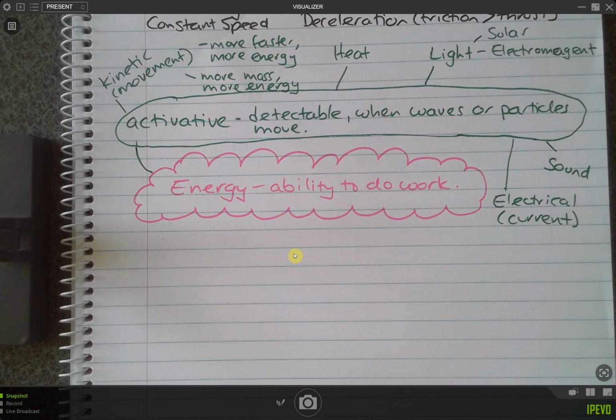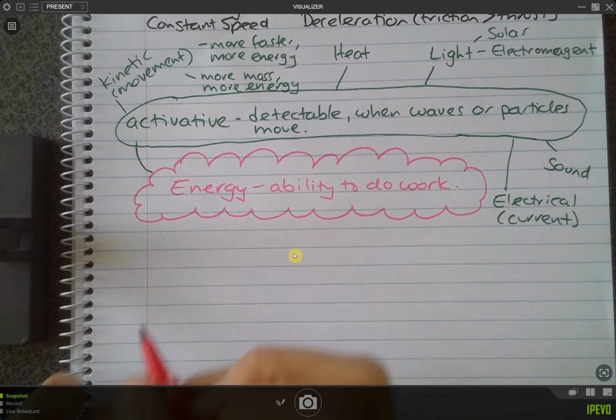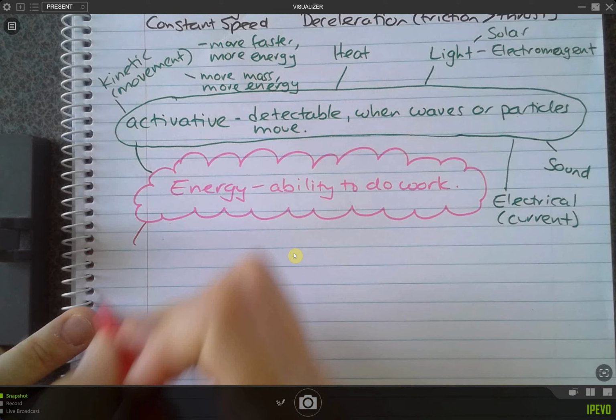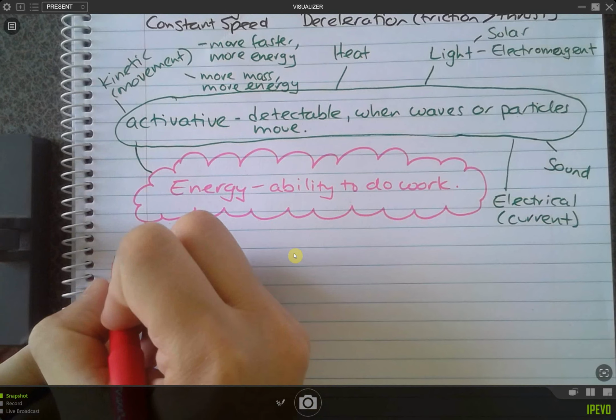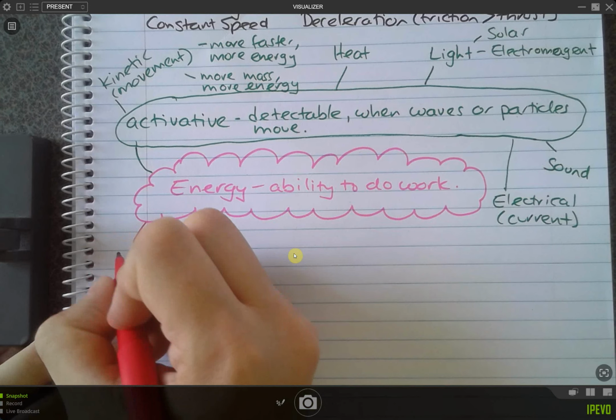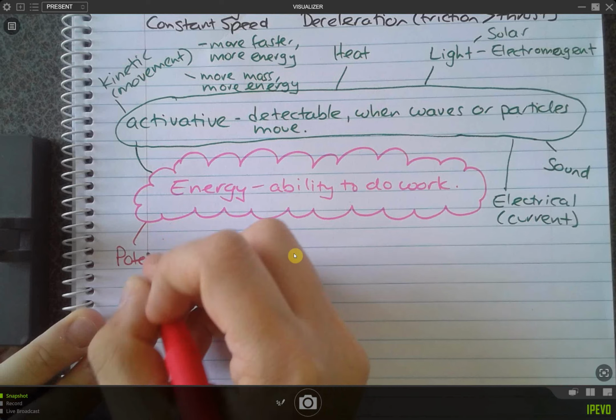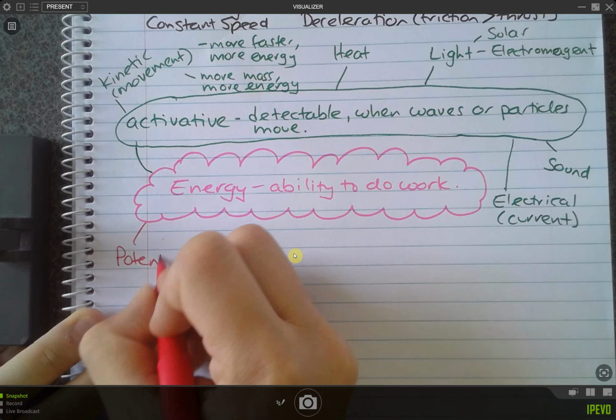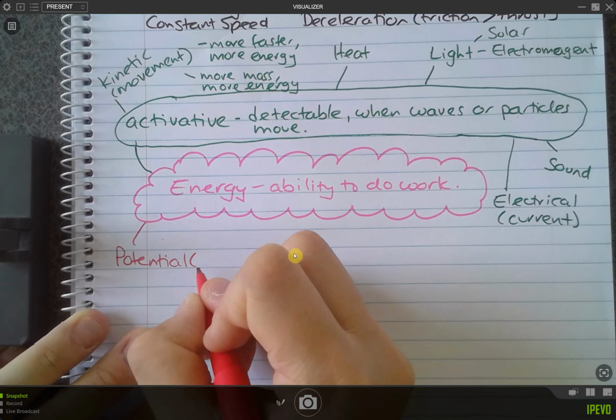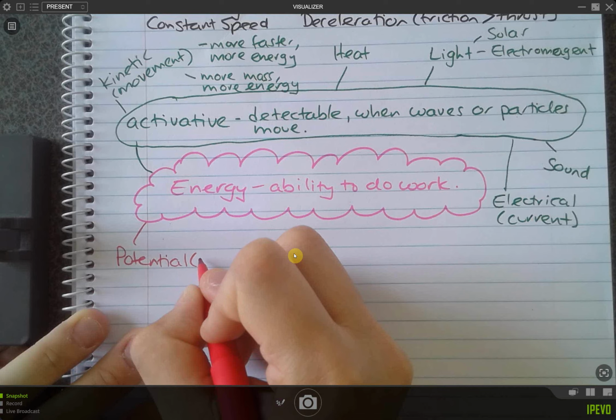All right. Let's talk about the inactive energy. So it's the opposite of active. Actually, we should say a better word for inactive is potential. I try to make it less notey, because that way we're just doing mind maps.